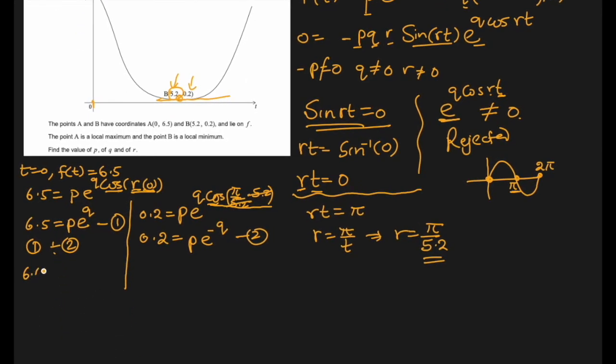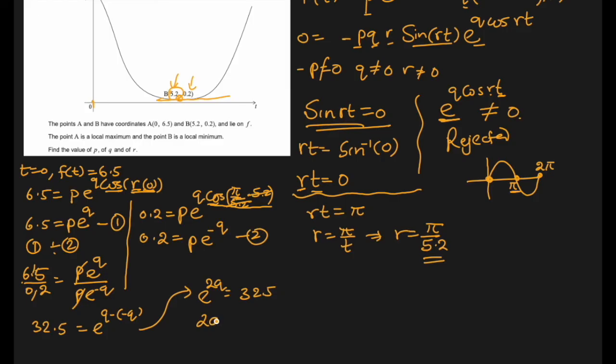So 6.5 divided by 0.2, left side divided by left side, P e to the power Q over P e to the power minus Q. P and P got cancelled. 6.5 divided by 0.2 will be 32.5, equal to e to the power Q minus minus Q. Same base, so their exponents will subtract because they are dividing. So let's complete here. e to the power 2q equal to